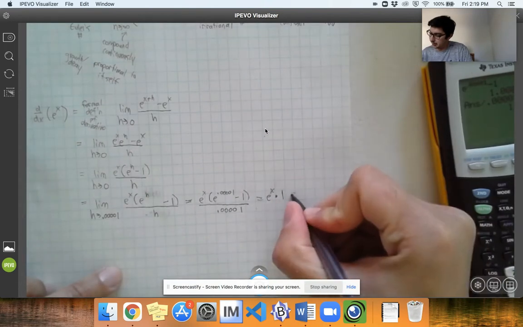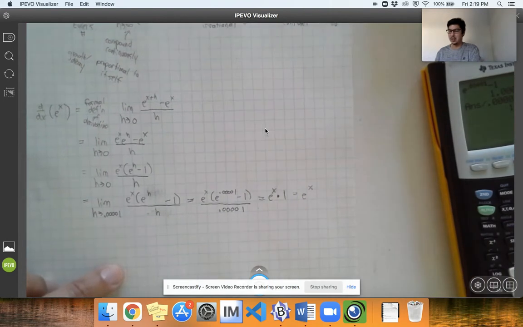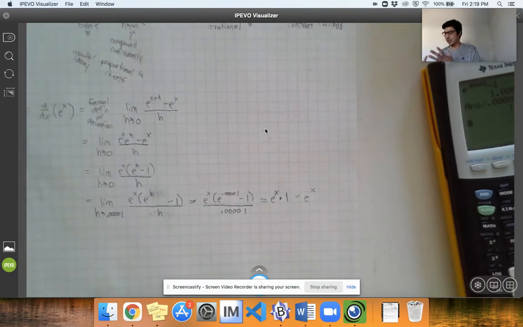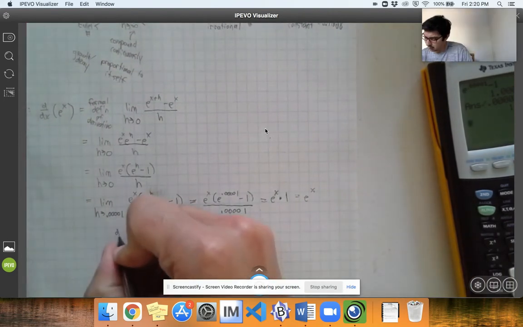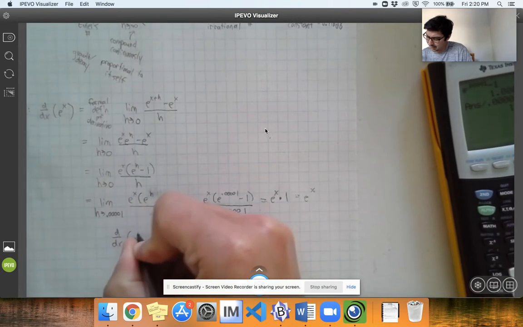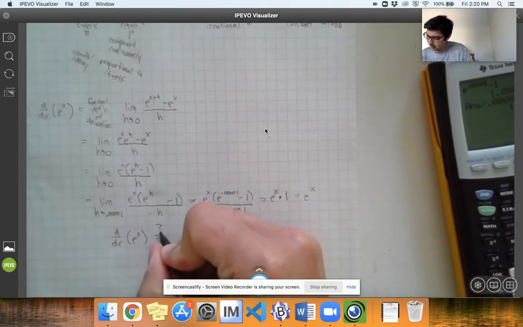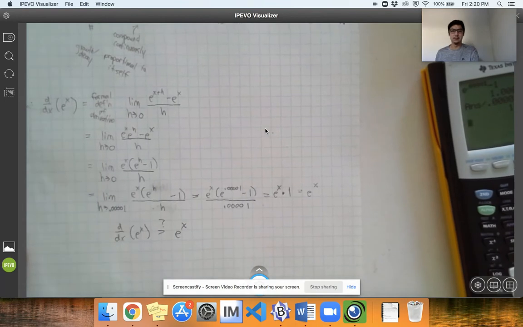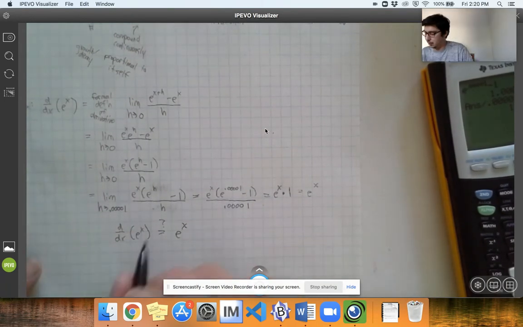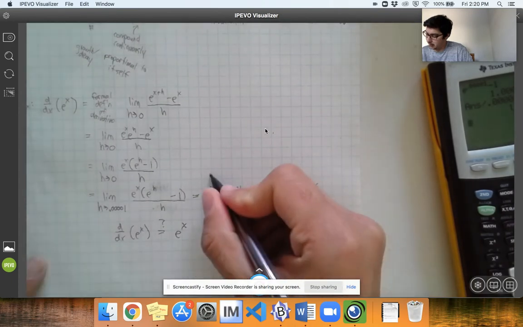In which e to the x times 1 is e to the x. In which you might, if you understood what just happened, be like, wait, what? The derivative of e to the x is equal to e to the x? According to our algebra, it is. Now, you might be thinking, before we get into that, how did all of this